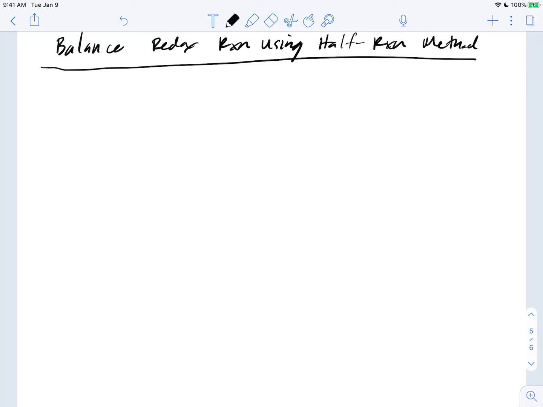So I actually find that if you do a couple of these, they're kind of meditative. It's just kind of a nice little system to it, and you always get it right. But let's just start off. So I'm going to do first a reaction. So you will have a reaction that's